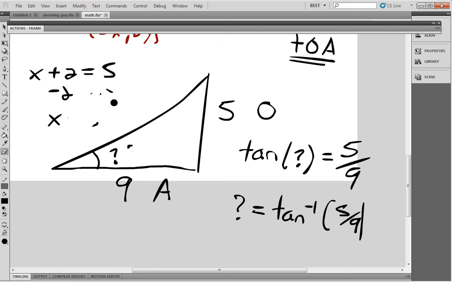Anyway, how much does it give you if you make the operation? I think you have to type 5 divided by 9. Wait, I need to change it. Is it standard or scientific? Yeah, it's scientific. Where is tan? Here. So 5 divided by 9, and then you have to press invert. There is a checkbox on the top left. I and V, yeah, invert. So this is the inverse function of tan, and